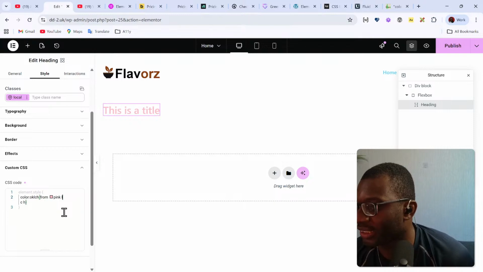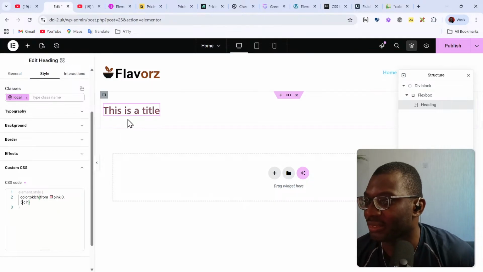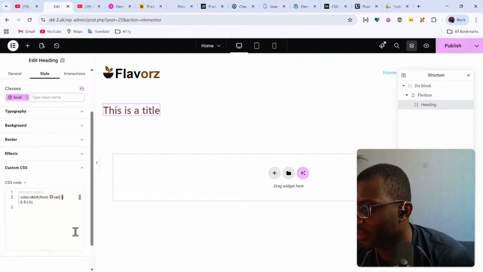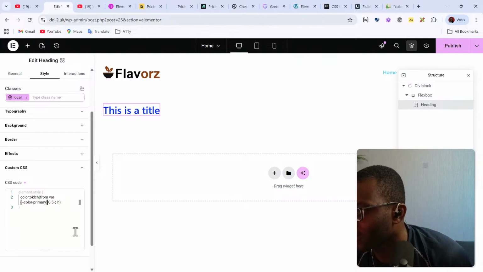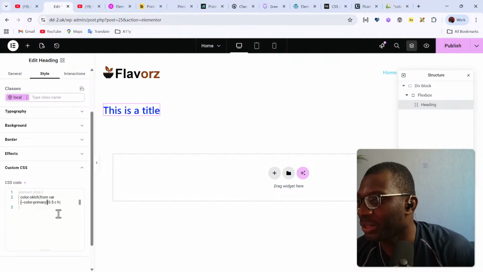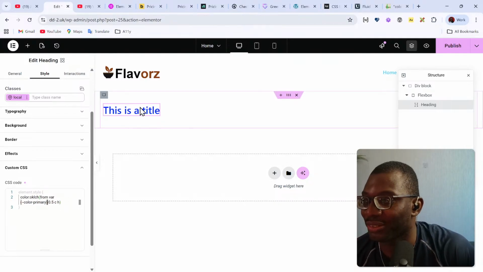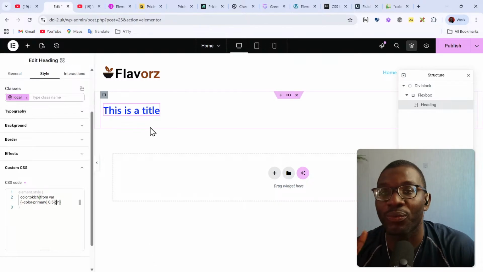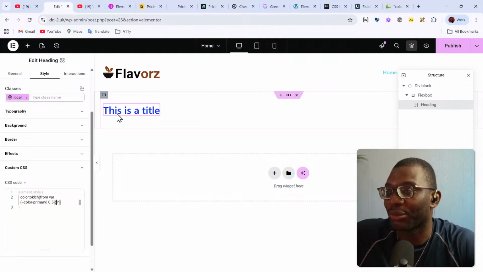Let's say we don't want the L to be that bright, we want it to be 0.6, a bit darker. Instead of pink, you can now use a variable here, like var color primary, I call it. So now I have this color mix, and sometime down the line, if I want to change my primary color on my site,